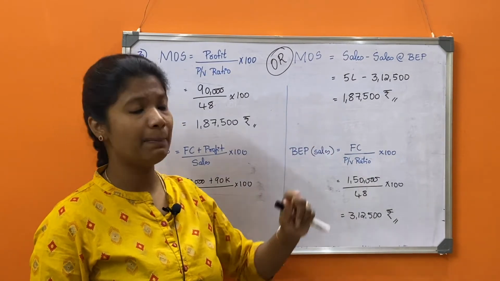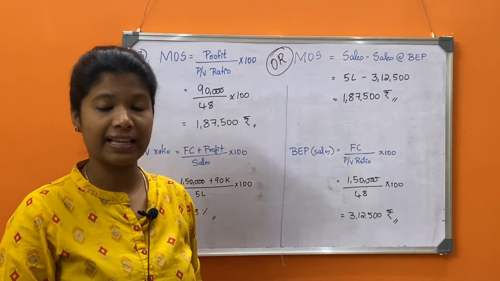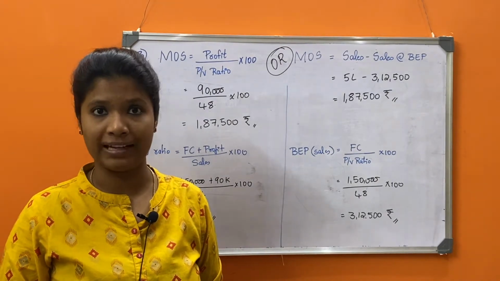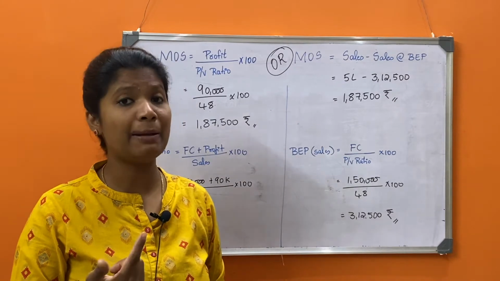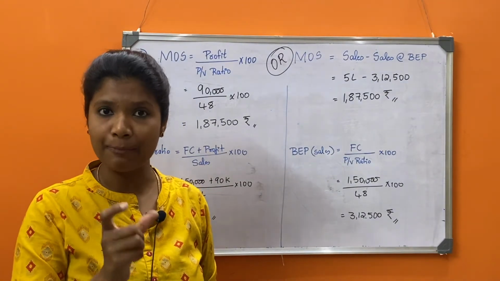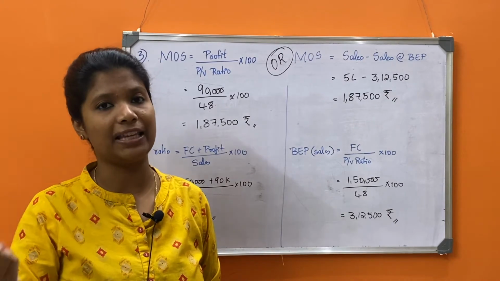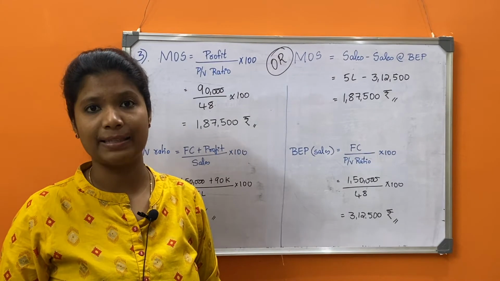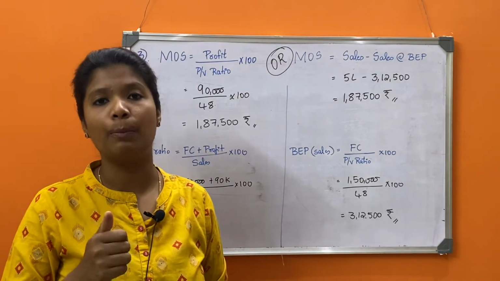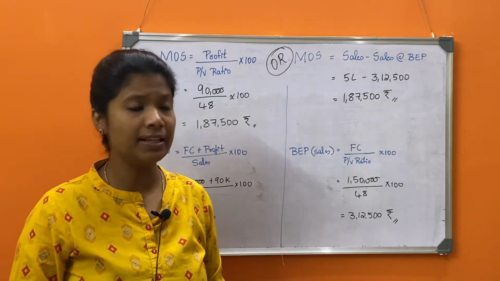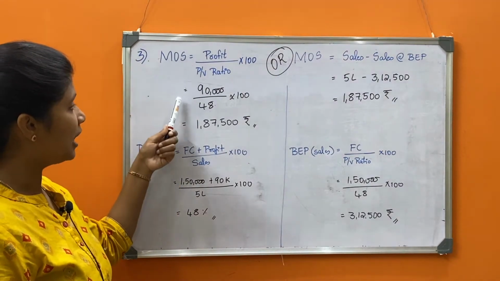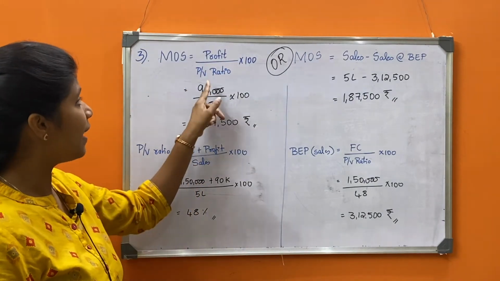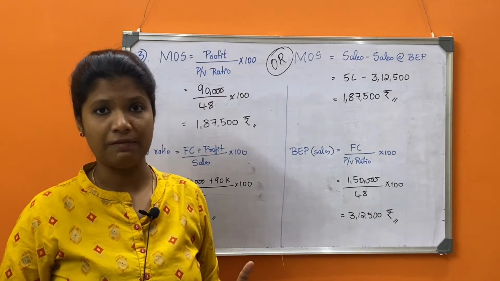But sales at BEP point means those sales or those units of sale where I am not making any kind of profit. Am I selling goods? Yes. But am I making profit? No. So that point is called as sales at break-even point. Now this sales is the total sales the company has made, where the company has made profits or revenue. Got it? So margin of safety equals to, what is the profit given in the question? 90,000 rupees divided by, as the question given us PV ratio, no.